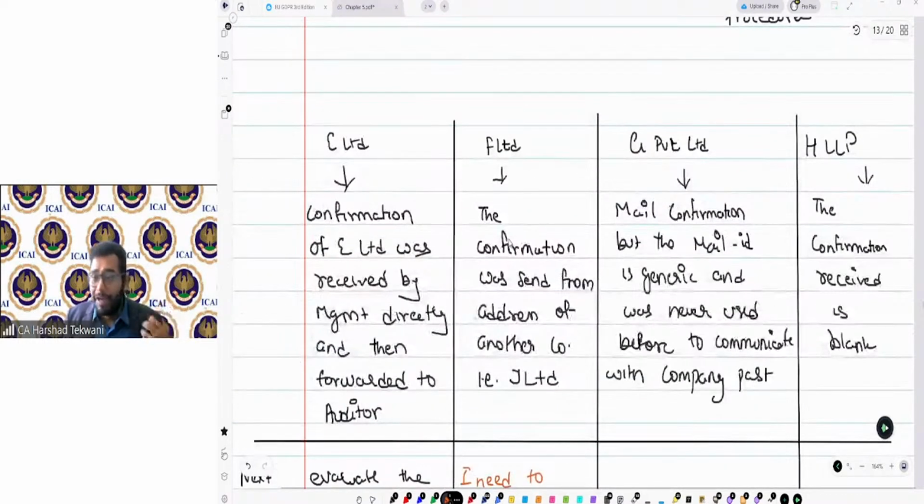Why is J Limited in between? What is the reason? Is it a parent company? Is it another name of F Limited? Is it a division of F Limited? What is the background behind that? Or is it a third party which is coordinating confirmations for F Limited? There are companies which provide confirmation management processes for big companies. So whether this is that company, we need to understand why J Limited is in the picture. Same in the case of G Limited, where I have received mail from a generic ID.